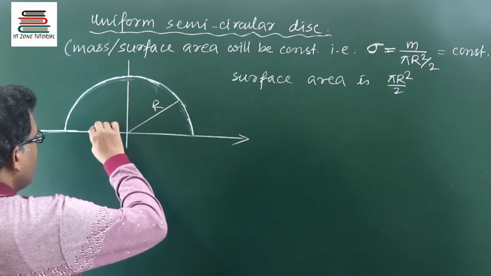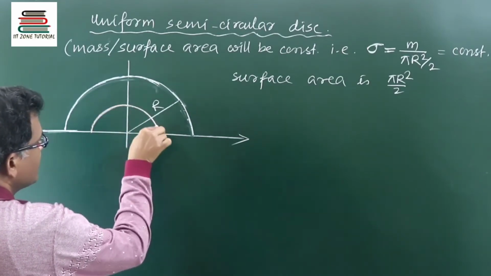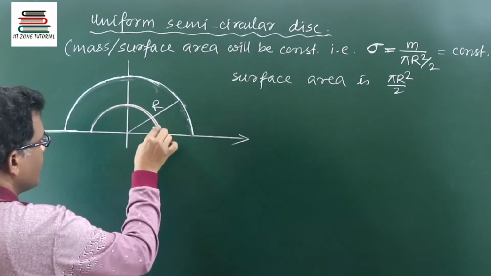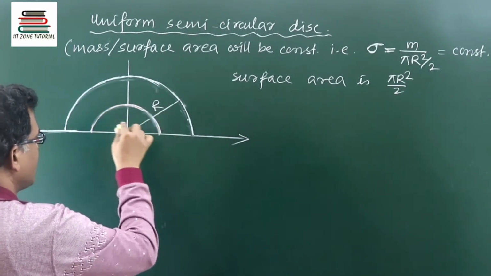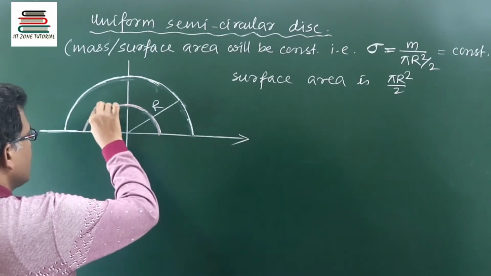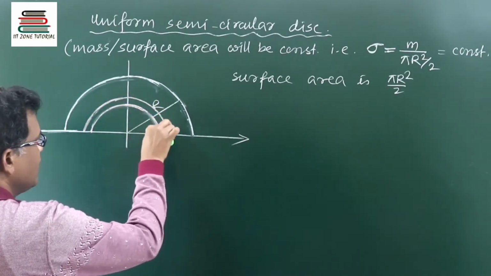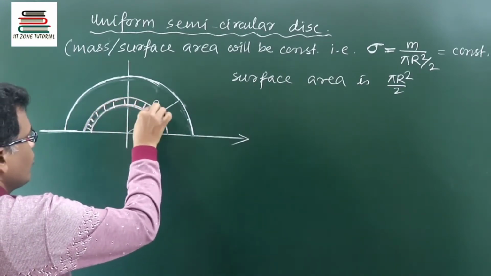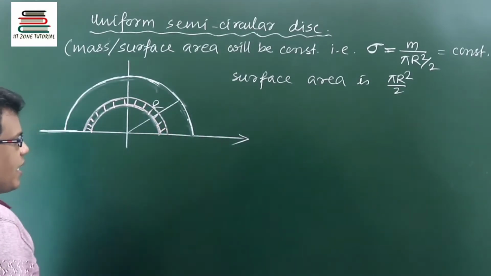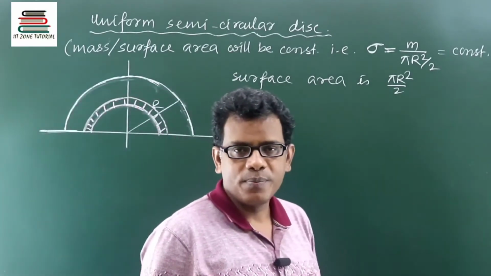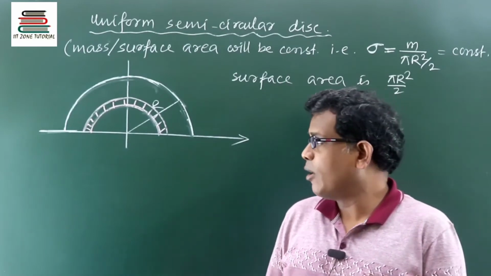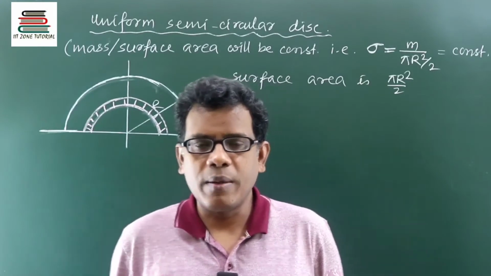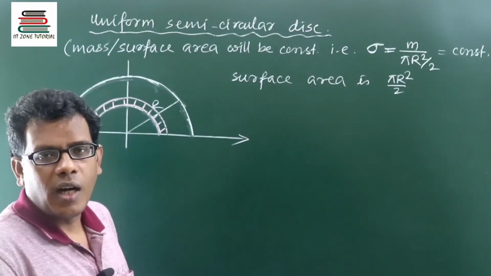What I will do is consider one semicircular ring of certain thickness. The objective of taking it of certain thickness is so that we can define the surface area of this element body. Had it not been taken of this thickness, then we could say it is a semicircular ring of undefined area.